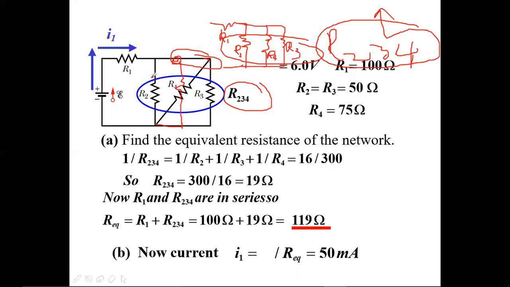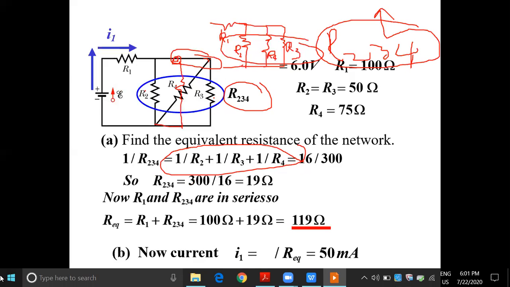Parallel law. What is parallel law? 1 by R234 is equal to 1 by R2 plus 1 by R4 plus 1 by R3. This is the parallel law, right? Then I can get 1 by R2 plus 1 by R3 plus 1 by R4 is equal to